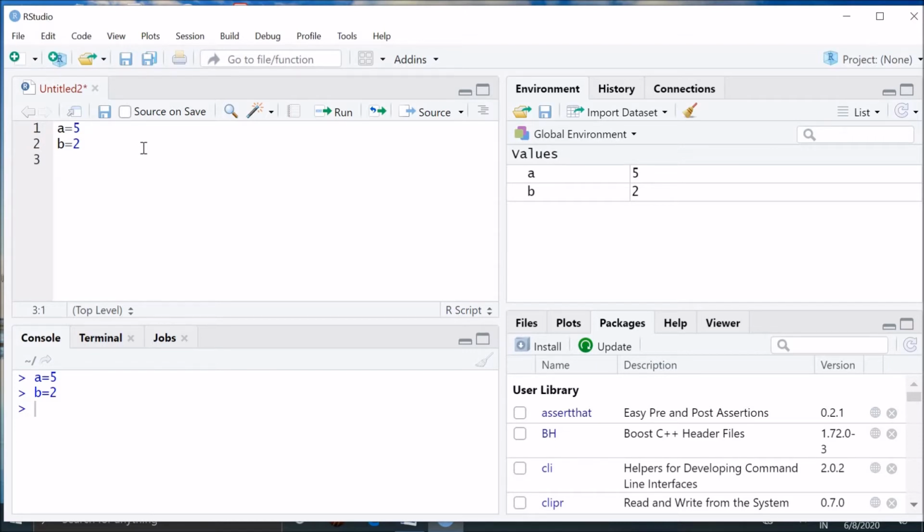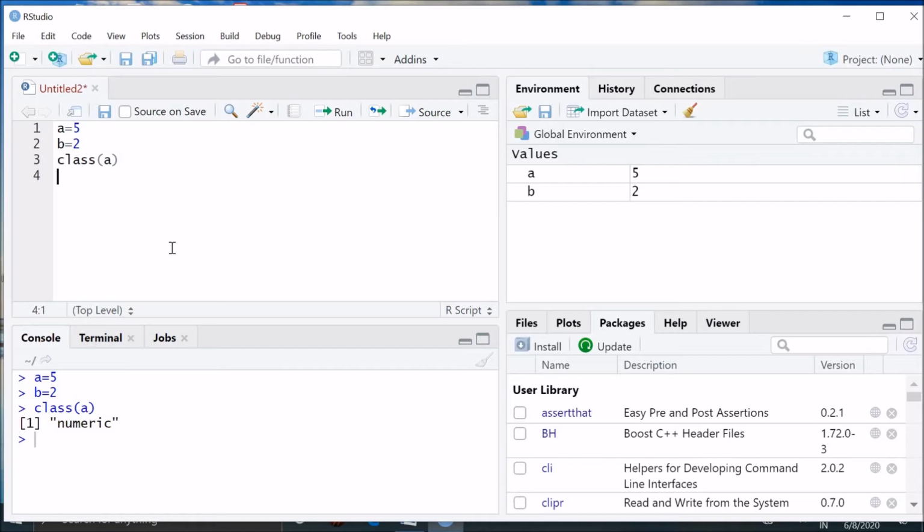If you want to know the class of a variable, just say class and the variable name. See, it gives you numeric. It means A has a value of numeric class.